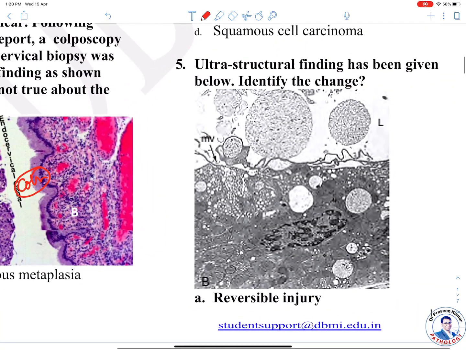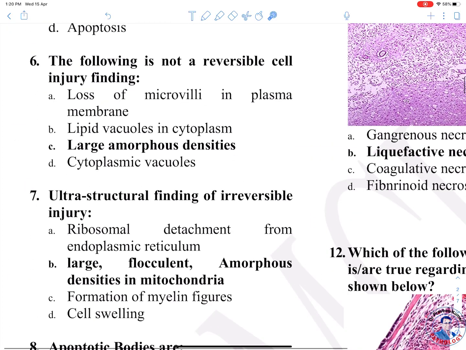Question 5, initially this question did not have the image, but later on when it was put in, please understand that these are the blebs here. Okay, this is the bleb, and because it's a bleb here, what does it basically refer to? This basically refers to this whole condition here, it refers to the blebs, and therefore the better answer is reversible cell injury. Okay, it's a reversible cell injury.